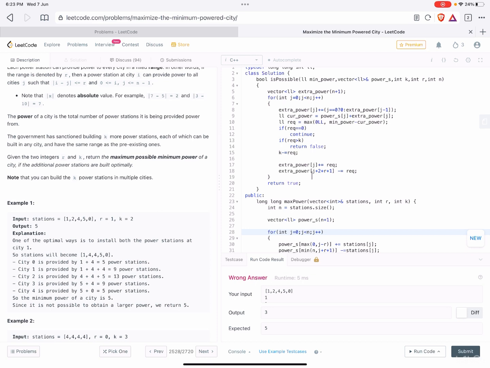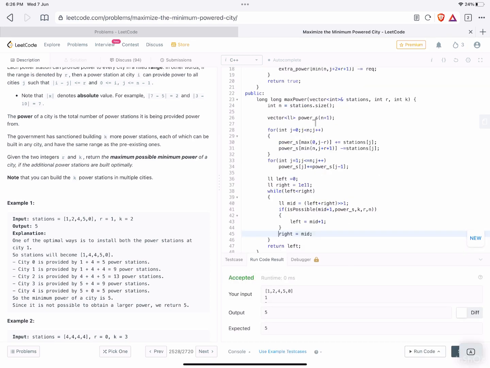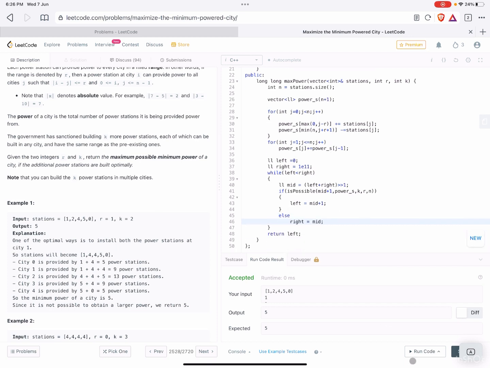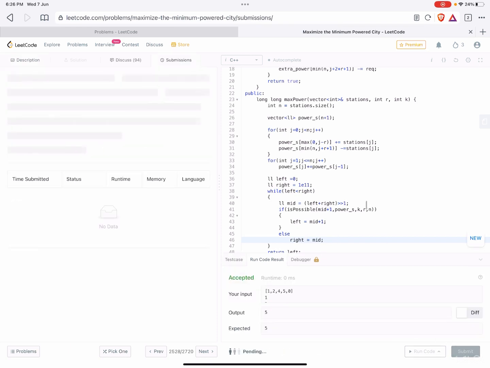Okay, it should be minimum of n comma something. Just try. I think there is a small error. We forgot to write the else, and finally the else is included. Now if I run this, it is accepted, and if I press submit, it is submitted.